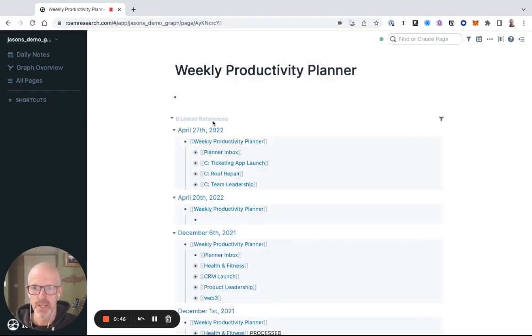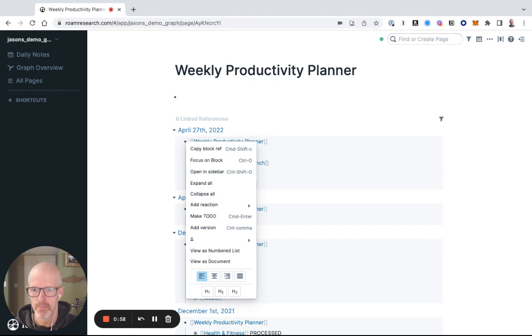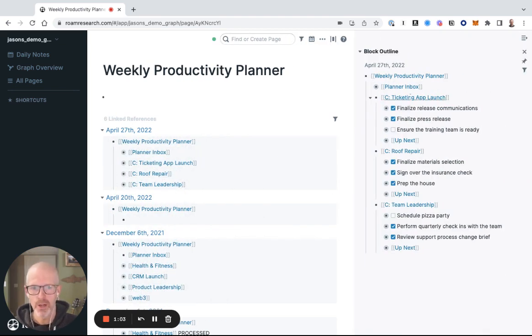And then you can see down here in the linked references, I've got all of the linked references to that planner page. What I'm going to do is grab the week prior, which was April 27th, and I'm going to right click on this bullet on that parent block, and I'm going to click on Open in Sidebar. That'll go ahead and open up my previous weekly productivity planner entry, and then I can jump back